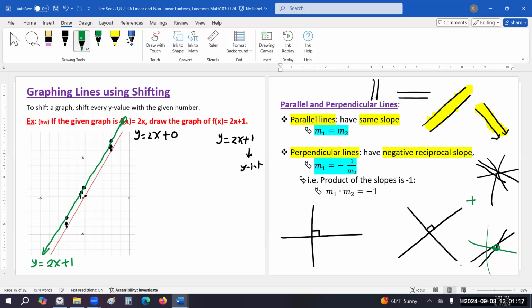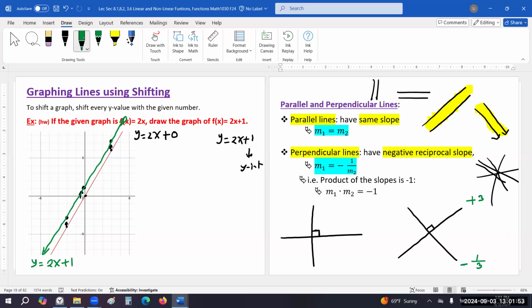So one of them has positive, one of them has negative. The perpendicular lines must have opposite signs. And also, in order to guarantee that 90 degrees, we have to have the completely opposite number. So let's say this line has a positive 3 slope. To guarantee this 90 degrees, this number has to be